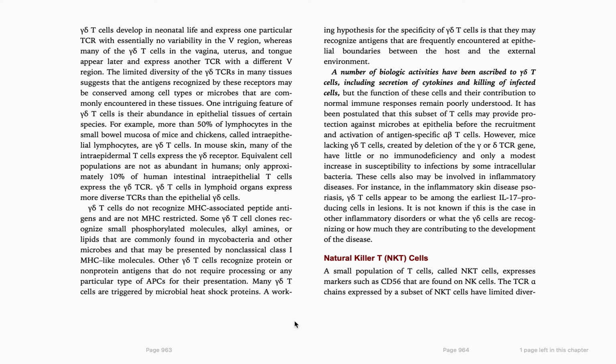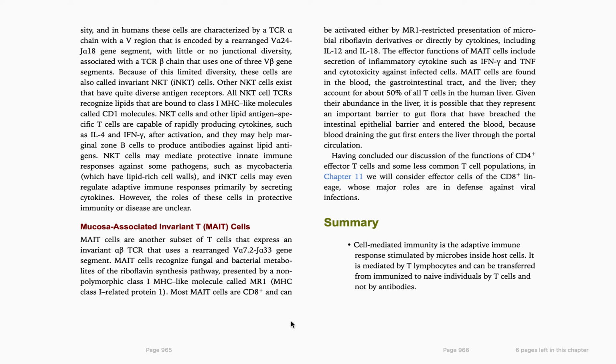Natural killer T cells. A small population of T cells called natural killer T cells expresses markers such as CD56 that are found in natural killer cells. The T cell receptor alpha chain expressed by a subset of natural killer T cells has limited diversity, and in humans these cells are characterized by a T cell receptor alpha chain with a V region that is encoded by a rearrangement of V alpha 24